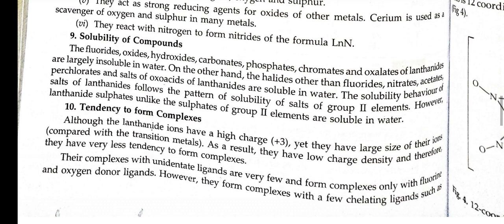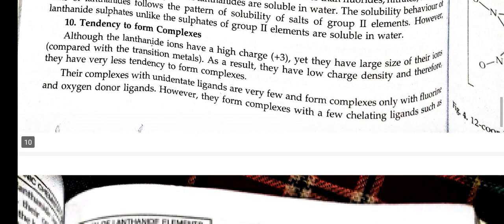Tenth is tendency to form complexes. Although the lanthanide ions have a high charge of +3, yet they have large size of their ions compared with the transition metals. As a result, they have low charge density and therefore have very little tendency to form complexes. Their complexes with unidentate ligands are very few and form only with fluorine and oxygen donor ligands. However, they form complexes with a few chelating ligands such as